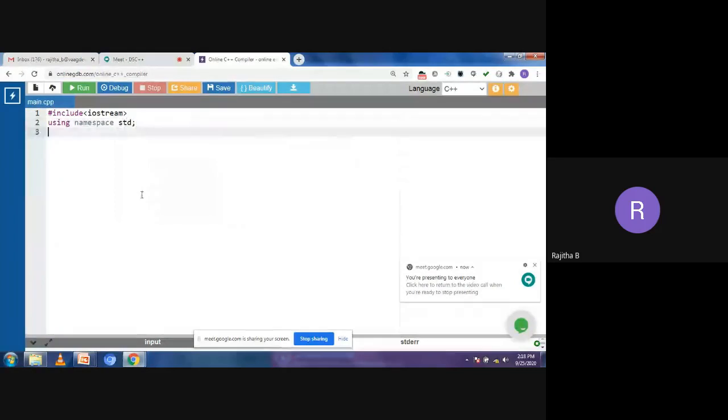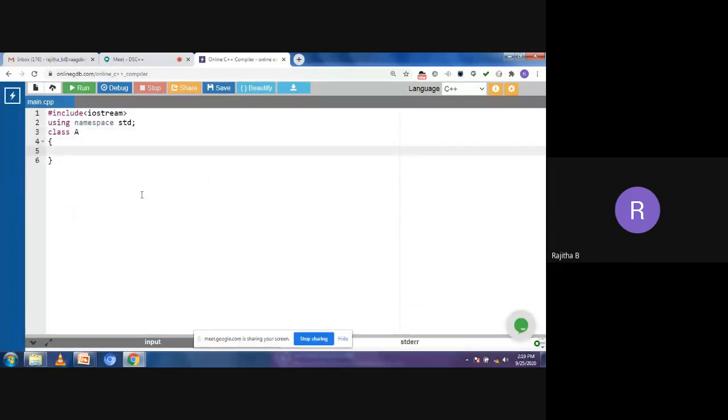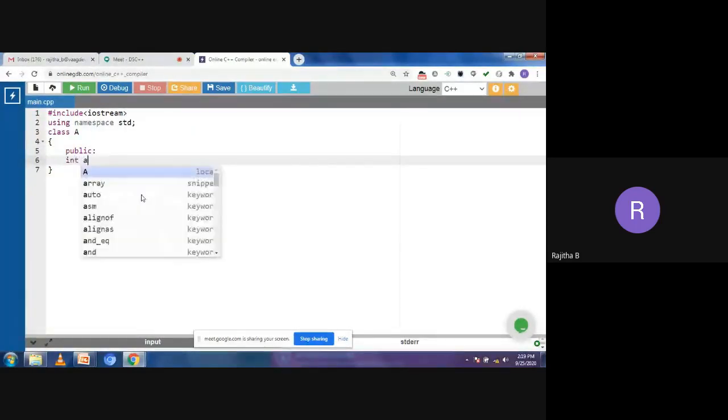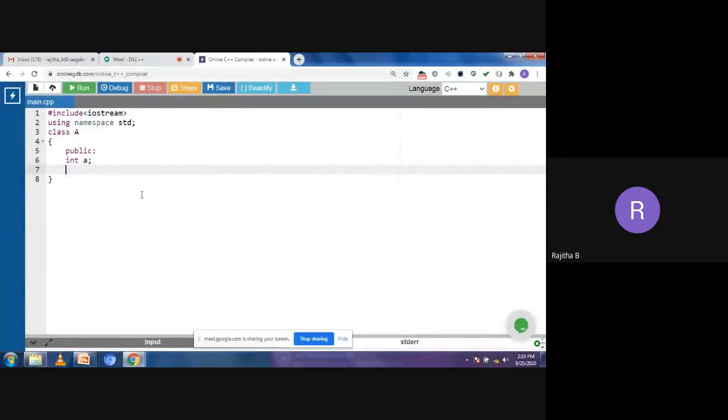Now I'm taking one class, A class. In A class, I'm taking some data member, int A. Now I'm taking the display function to display the value of the A class data member.